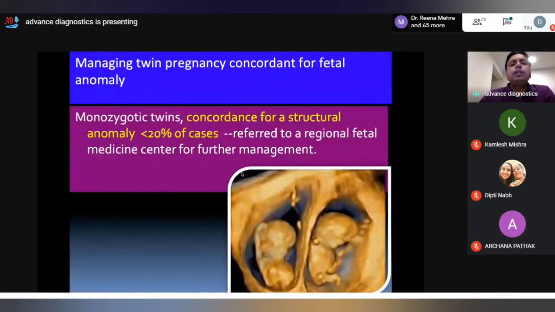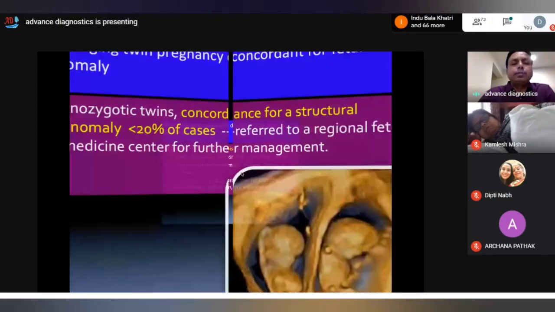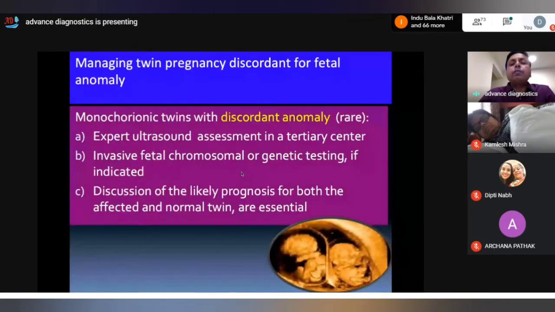If we are seeing concordance for structural anomalies, then we should send the patient to a regional fetal medicine center for further management. And if we are seeing discordant anomalies, which are not so common, then expert ultrasound assessment in a tertiary center,